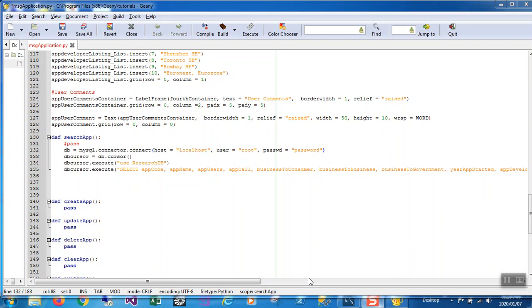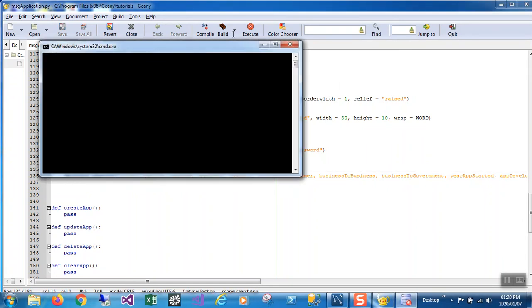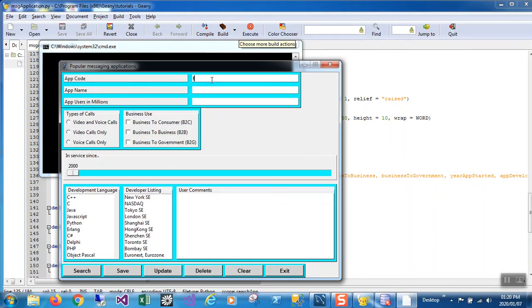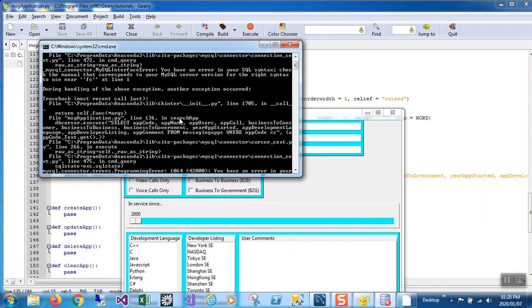So a quick way to see what is wrong sometimes is just to introduce prints. I could have put it much earlier, but let's just say print. We just want to say we are in here. All right, so if we execute this, it is still giving us an error. Did it print our